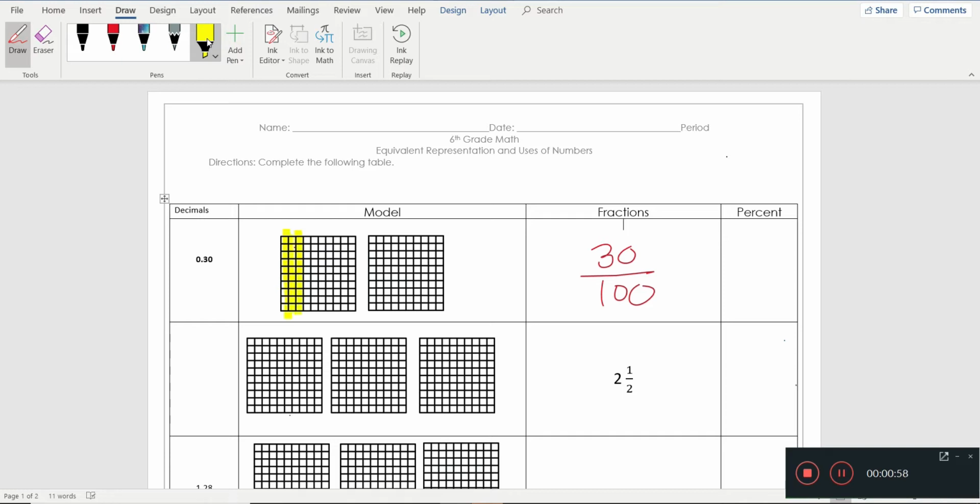squares. Okay, here. So we don't need to really shade this one. We don't need it, but instead of just putting a cross, just leave it like that. Okay. So 30 out of 100 in